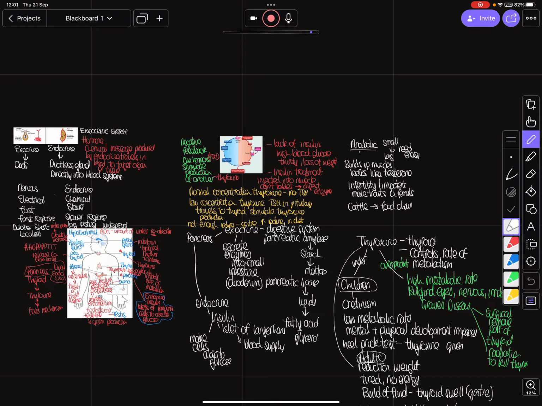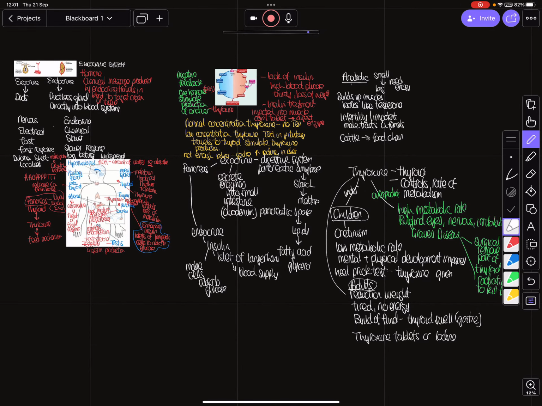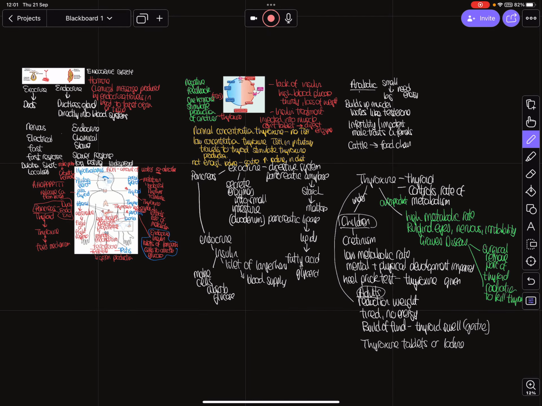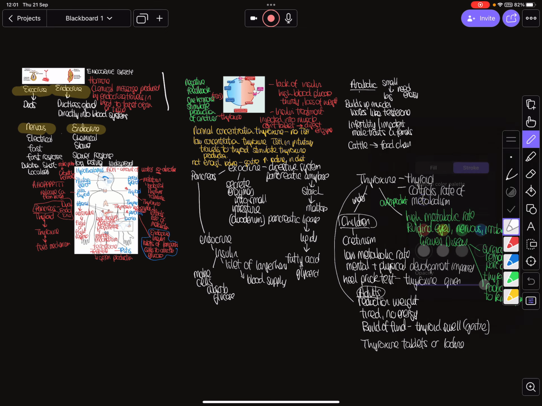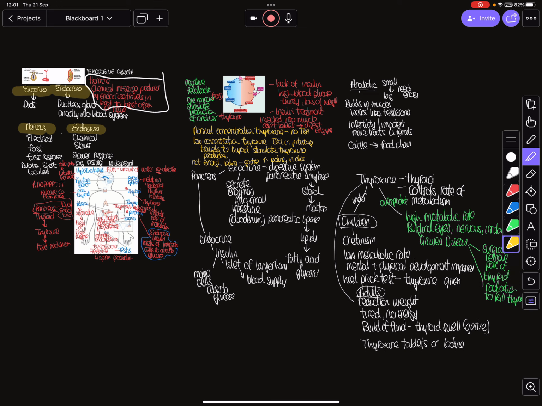So if I was studying the endocrine system, the things that I would focus on would be your definitions over here of your exo and your endo. I'm going to go with yellow. So your exo and your endo, just having an idea of what's the difference between your nervous system and your endocrine system. Obviously, you are going to make sure that you have a definition for a hormone. That is important. Again, it's up to you whether or not you want to know all of the different parts. Some of them will stay in your head because you'll just like them.